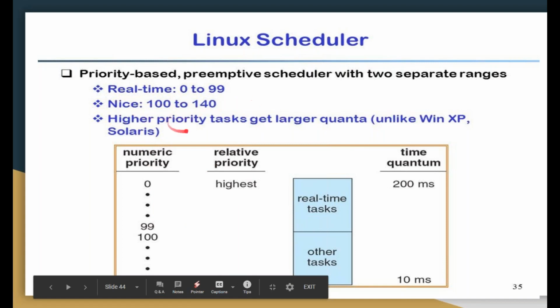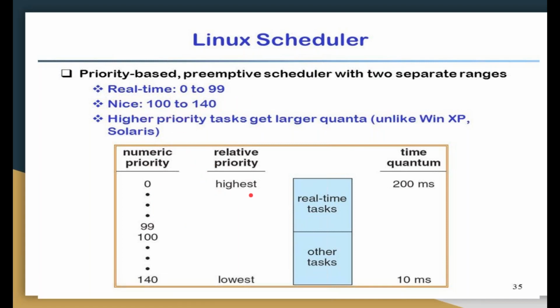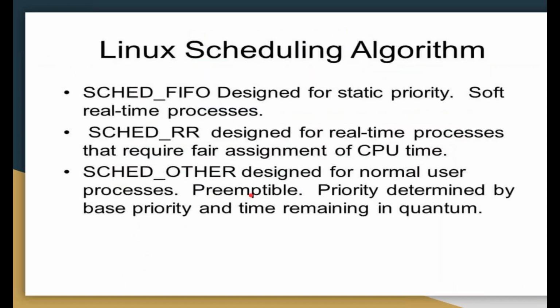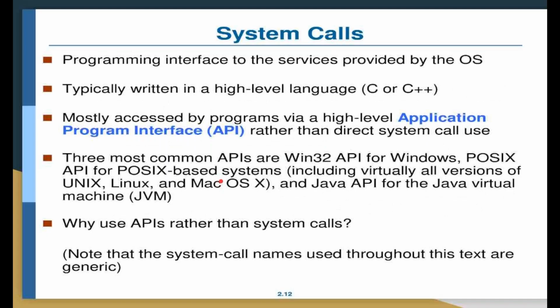And now these are the values for your priorities. It can be FIFO, first in first out. It can be round robin, depending upon the real-time processes: the one that has arrived with the lower priority and the lower time will be served. And there are other scheduling algorithms like preemptive and non-preemptive, and other things are also there.